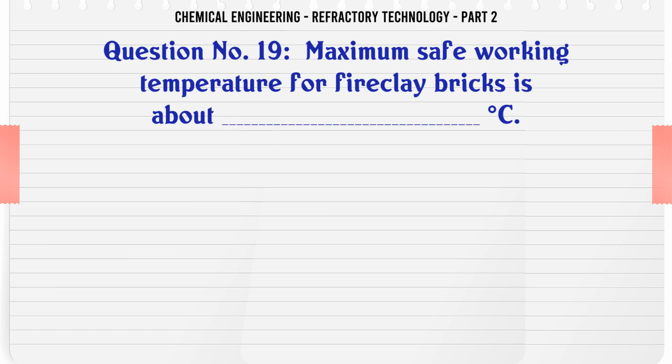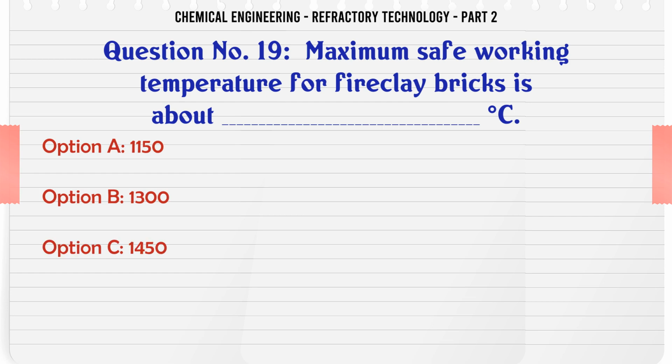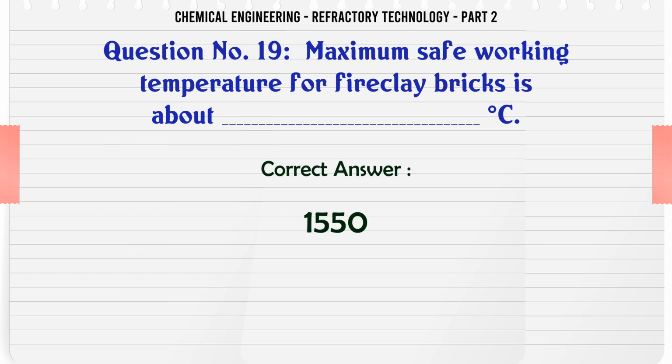Maximum safe working temperature for fireclay bricks is about C. A. 1150. B. 1300. C. 1450. D. 1550. The correct answer is